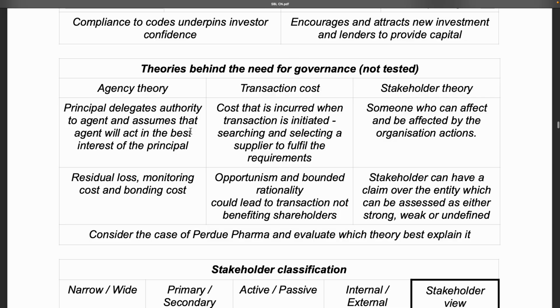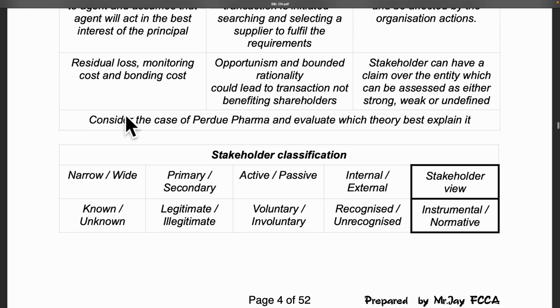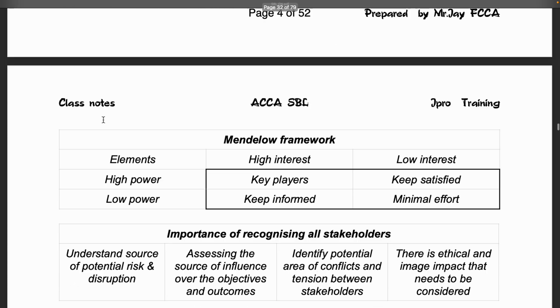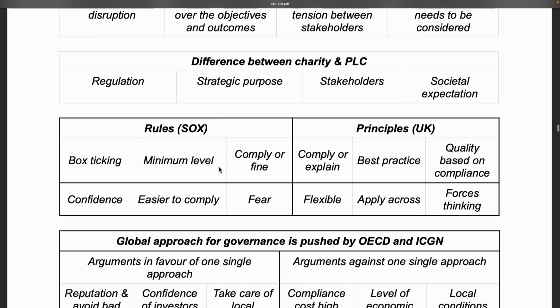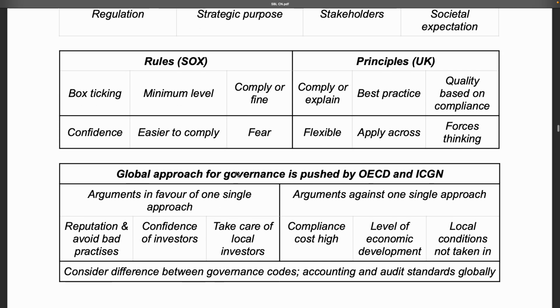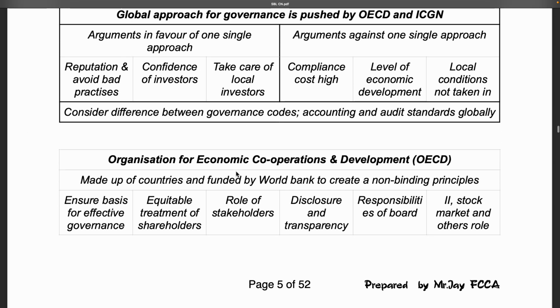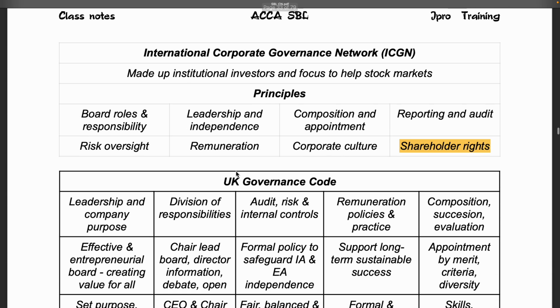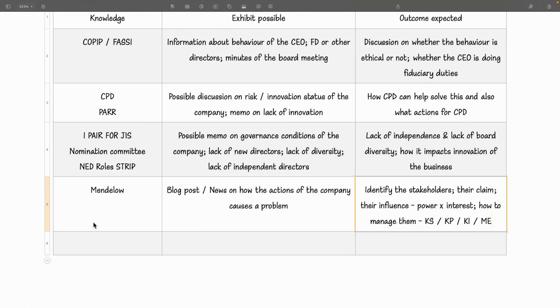So there are a lot of theories here. You do need to pick up Mendelow's matrix if it comes out. I don't think the examiner goes into narrow, primary, active, passive. This one, the examiner won't go into it actually. So Mendelow is that. This one, charity, PLC, don't worry. SOX, don't worry. OECD, don't worry. ICGN, okay. You may be asked to comment on the